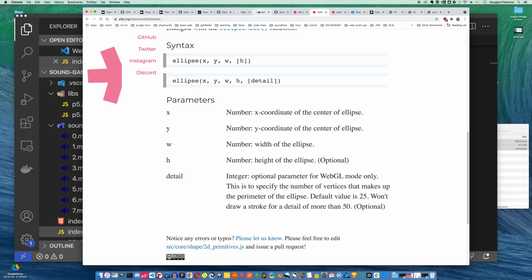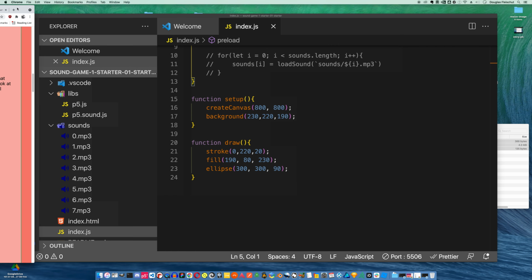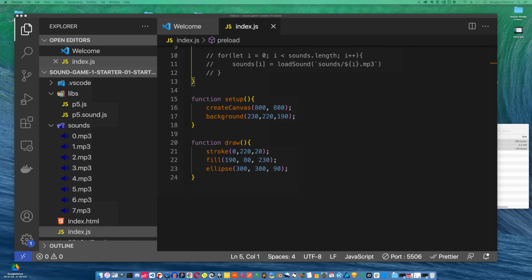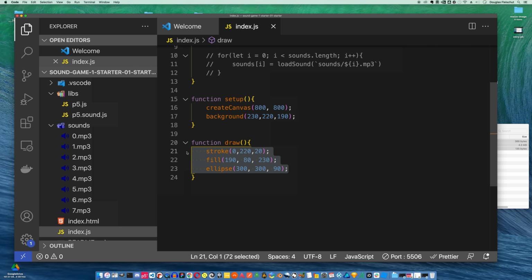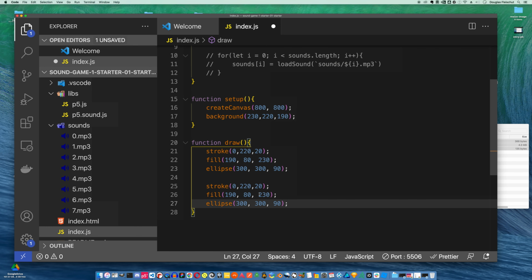All right, so back to what we were working on. We've got our ellipse, and you can play with these values. You can just pause the video and play around and see if you can create a different looking ellipse, or just take a chunk of code, copy and paste, and let's just say we'll make this one 170, and we'll make this one be more like that color, and we'll see that we get now